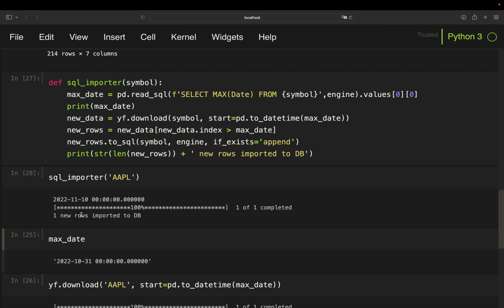So if we are executing that only for Apple, everything is done for us. So you will see one new row imported to the database. So the new maximum date is the 11th here, right? So very nice. We didn't hammer the API. We were just pulling data from the max date of our database on, right? But we could even improve that,